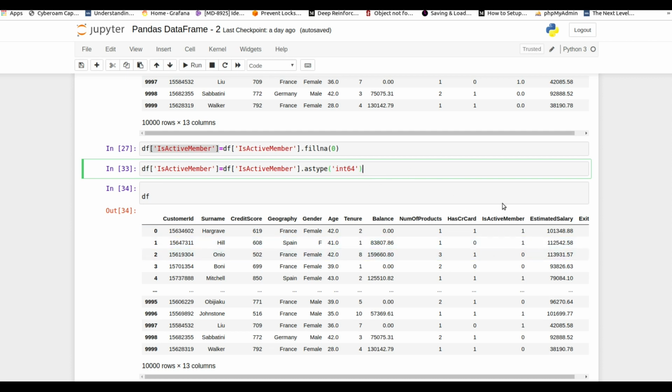But in a data frame, it does not. So maybe the interviewer can twist the question to understand your logic: if you have a null value, can we convert it into integer? So the answer is no. If you want to convert it, first fill the NA value with any value using the fillna function.